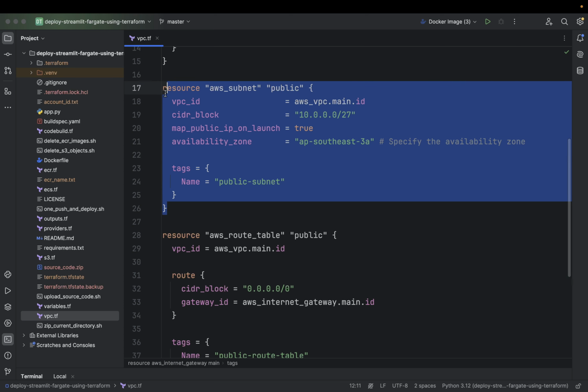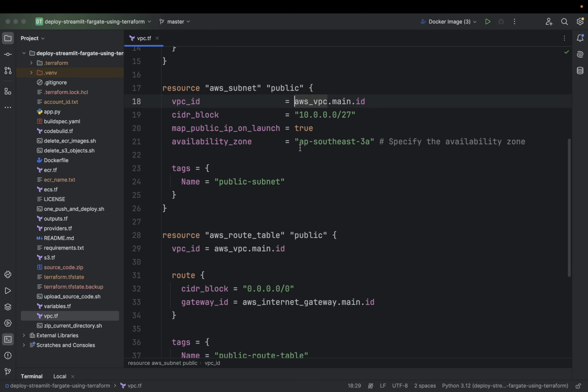This one is AWS subnet public. This is a public subnet. A public subnet is created within the VPC with a CIDR block of 10.0.0.0/27, allowing for 32 IP addresses. This one is smaller than the VPC CIDR range.